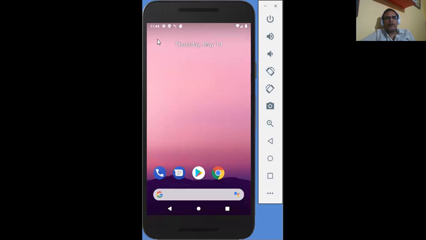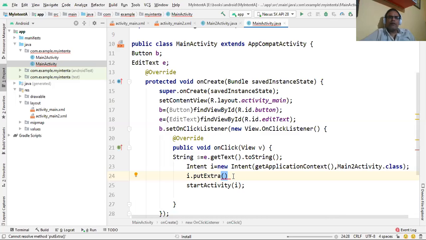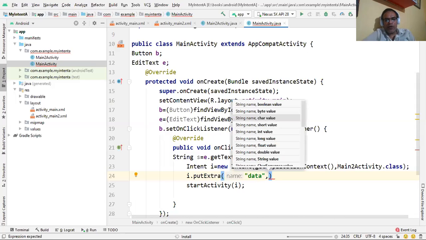So now we come to Android Studio and complete the code. Here we are using the put extra method of the intent object. So we write I dot put extra, and here we pass two arguments. The first argument is the data constant, and this data constant is assigned the value of string object s.